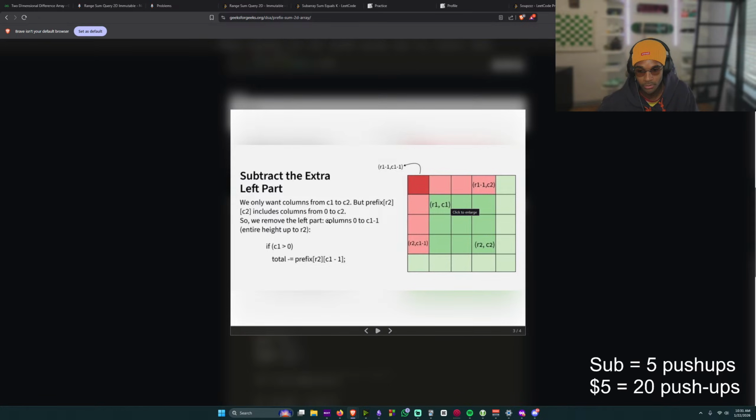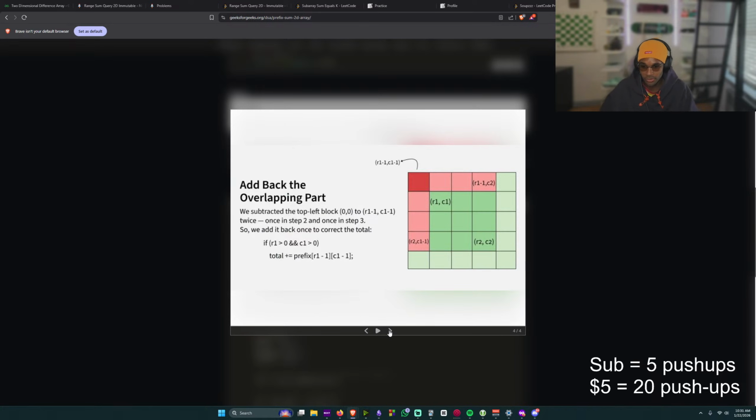So the prefix of R2 would be this whole thing, right? All the way down here, this would be row 2. And then column 1 minus 1, so we delete this. Oh man, so isn't that our answer now?